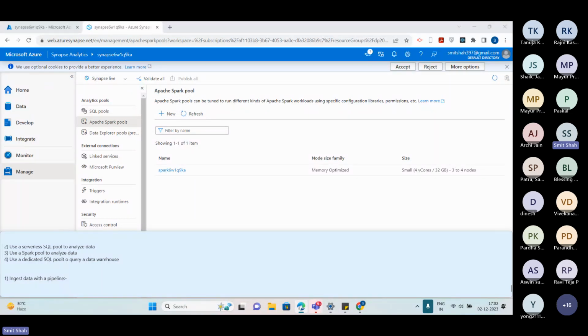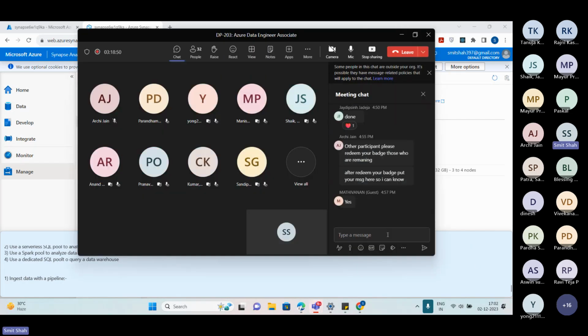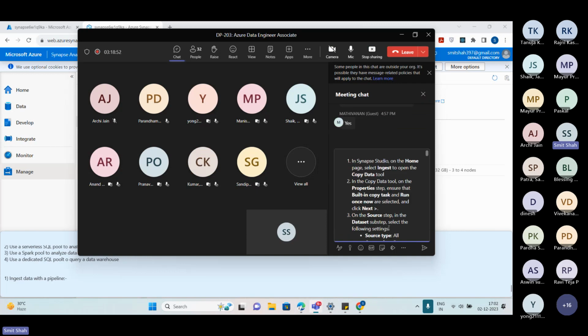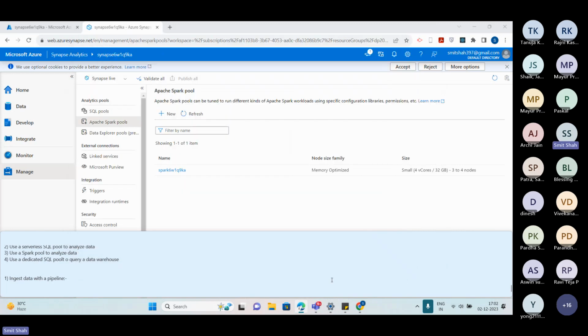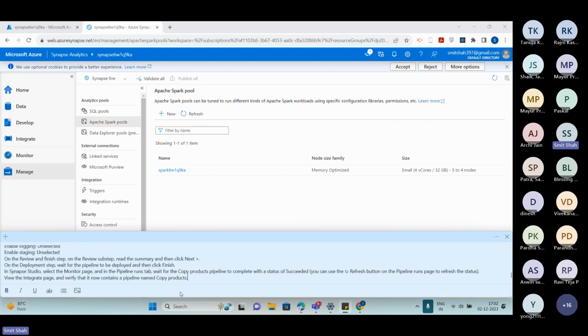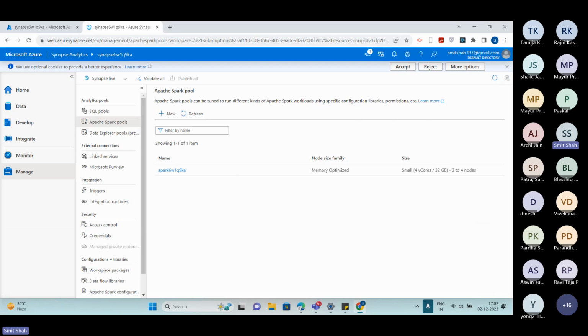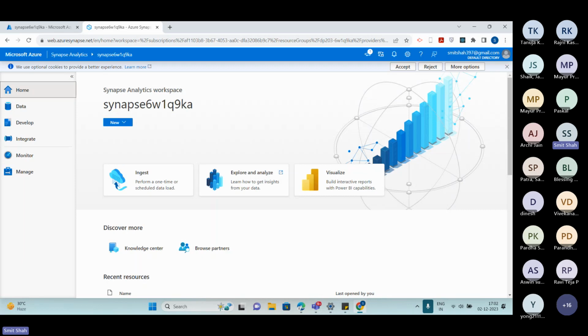So there are in total 14 steps that you need to perform in order to do this task. Let me mention those steps in the chat as well as in my notes. I have mentioned those steps in the chat, so if you want to do those steps along with me, you can do it. Okay, fine. So guys, the first step is you need to go to the home section of your Synapse Studio,